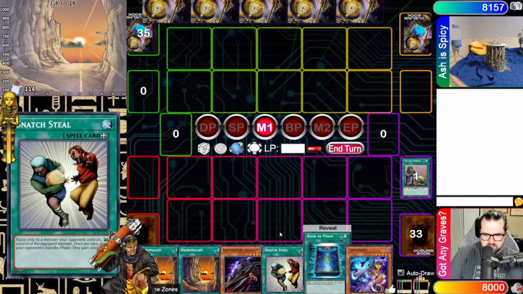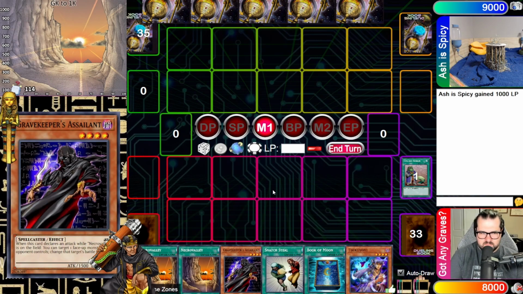We could throw out Necro Valley, summon Assailant. That just kind of... Well, I guess we do have Book of Moon protection from Snatch still, but it's not great, right? I kind of just want to pass. Though I guess if we lose Necro Valley, it's not the end of the world, but if it's Heavy Storm...